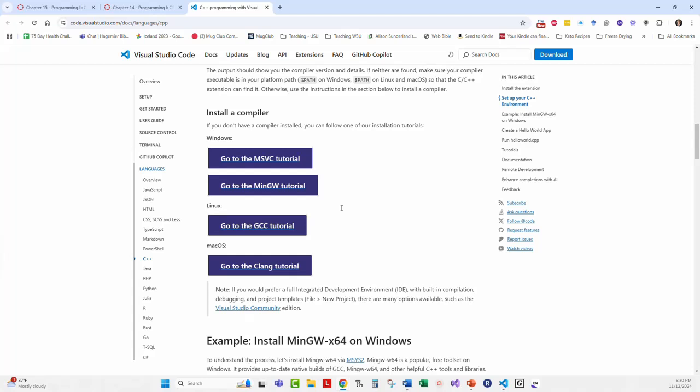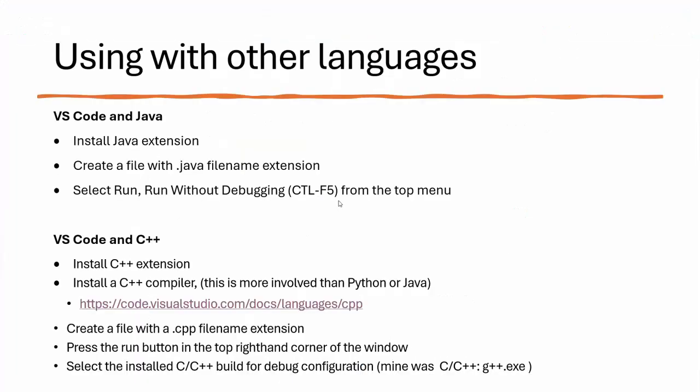Just like we installed the Python interpreter, there are compilers for Windows, Linux, and Mac OS. I have a Windows machine, so I installed the MinGW compiler, and there is a long list of instructions on how to do that. Once you have it installed and you have checked your configuration, the next thing that we're going to do